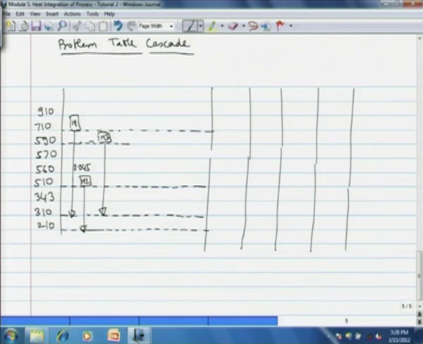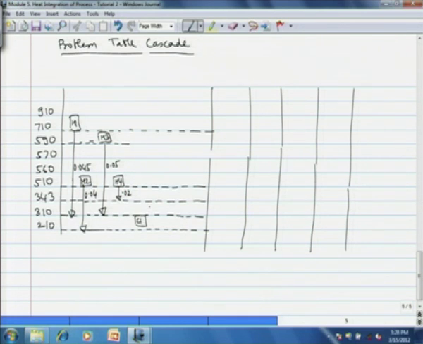Then H4 goes from 510 to 343. The Cp values I am listing now: H2 0.4, H3 0.04, not 0.4, H3 0.05, H4 0.02. Then similarly for C1, C2, C3, the cold